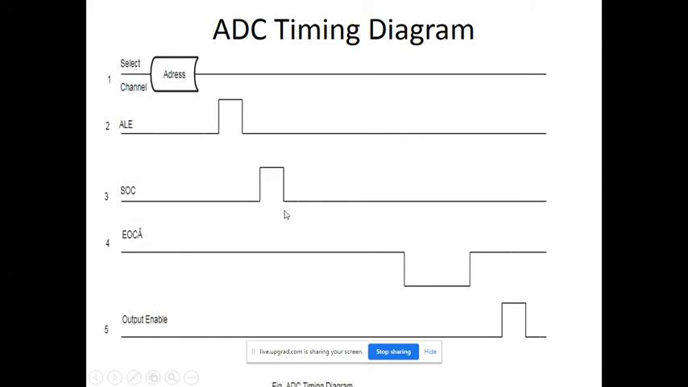After that you are making it low for the next start operation. Means you are just pressing it one time. Then the next one: when conversion is over, the controller will pull this end of conversion low. Initially it is high, and when it is active it becomes low. And when EOC, that is end of conversion, is read by the controller, it will enable output enable, moving